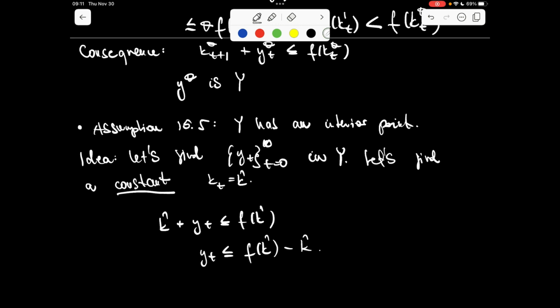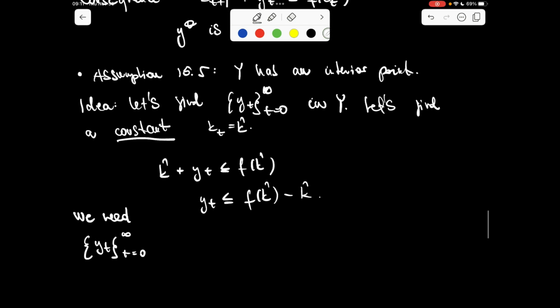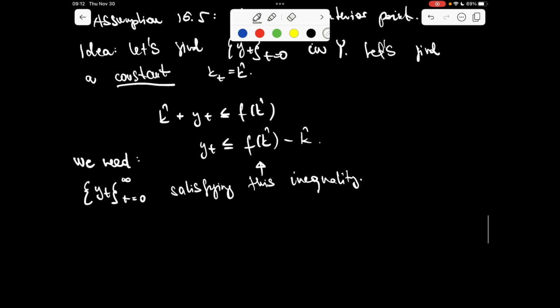So we need a sequence that satisfies this inequality. Okay, so specifically,